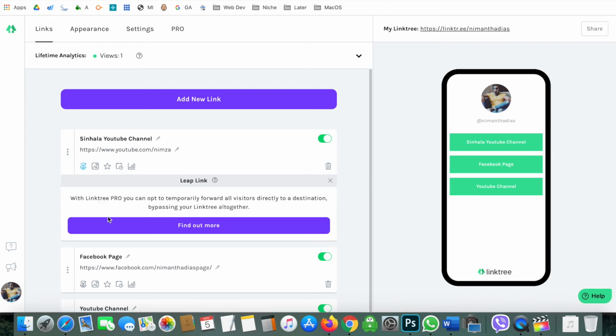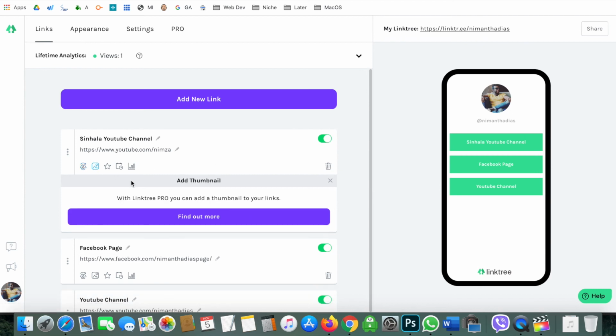And these are actually from the Pro plan. You can click it: temporarily forward all visitors directly to a destination, bypassing your Linktree altogether. And this one is the thumbnail, if I remember. Yeah, so you can put a thumbnail.